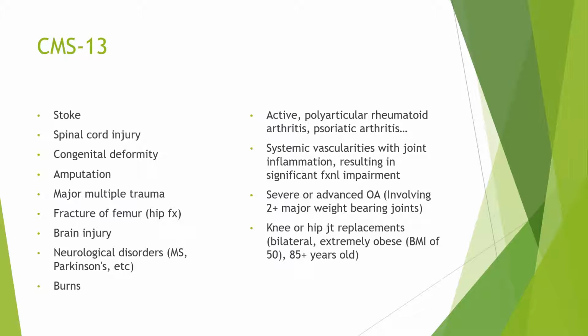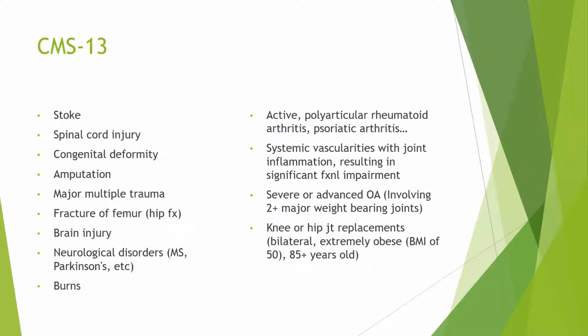So in this case, you can have a single joint replacement, but only if they're extremely obese with a BMI of over 50 or they're 85 or more years old. Otherwise, it has to be bilateral hip or knee joint replacements to qualify for the CMS 13. And Medicare does go back and audit these charts to make sure that the patient actually does have a qualifying diagnosis that sets it apart for the 60% threshold that